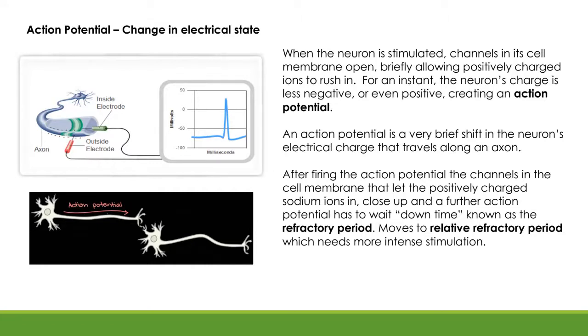If you pull the trigger, you have to pull it far enough for it to fire, and as soon as it's fired, you release it, and it's almost like the chamber of the gun shuts up again. So that's actually what happens. The positive ions rush in, the neuron fires that action impulse, and once it's fired it shuts up and moves into a downtime or refractory period. So that's how the action potential moves down that axon.